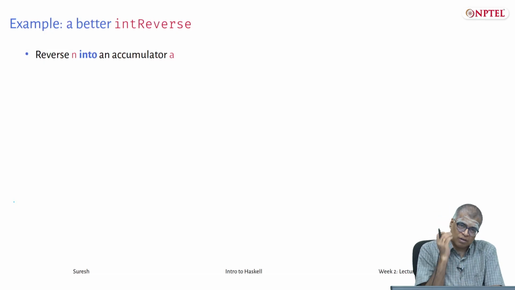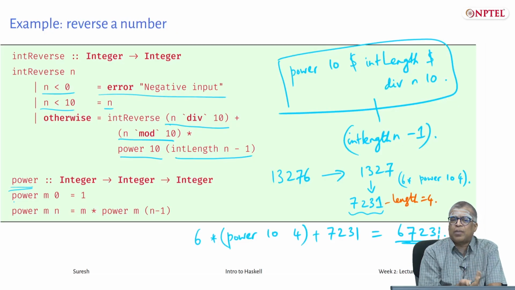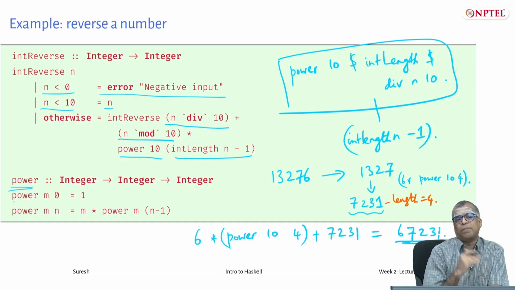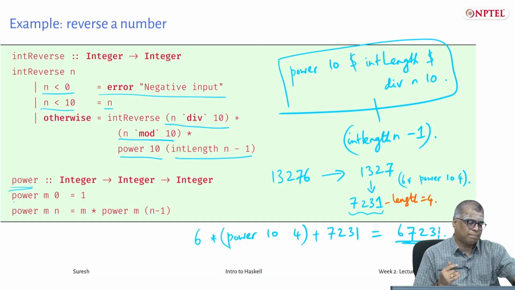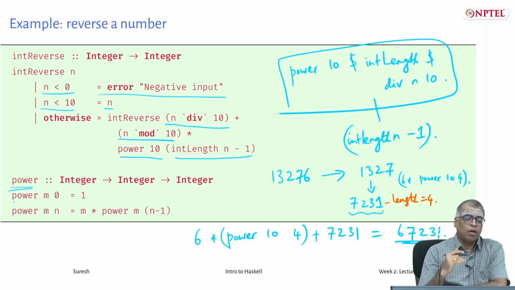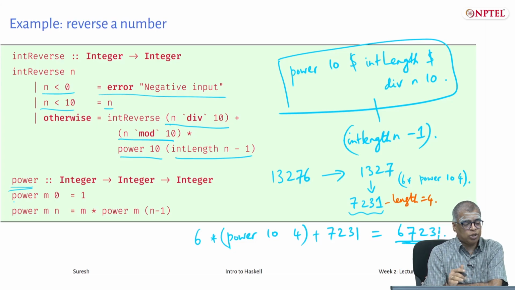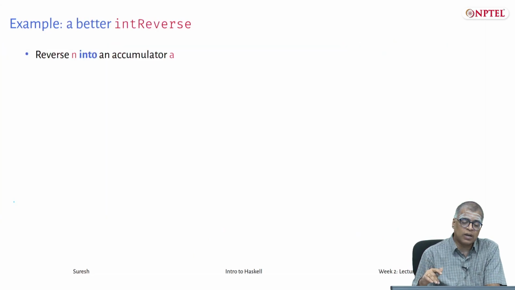But you can actually do better. Okay, it's a correct program, but it's a little clunky because you have to do too many things. You have to compute the length of some number. You have to raise 10 to that appropriate power, and then you have to do such things. Maybe we want to avoid raising to the power at all, and we also want to avoid computing int length and so on. So how do we do it? Actually, there is a very smart idea.